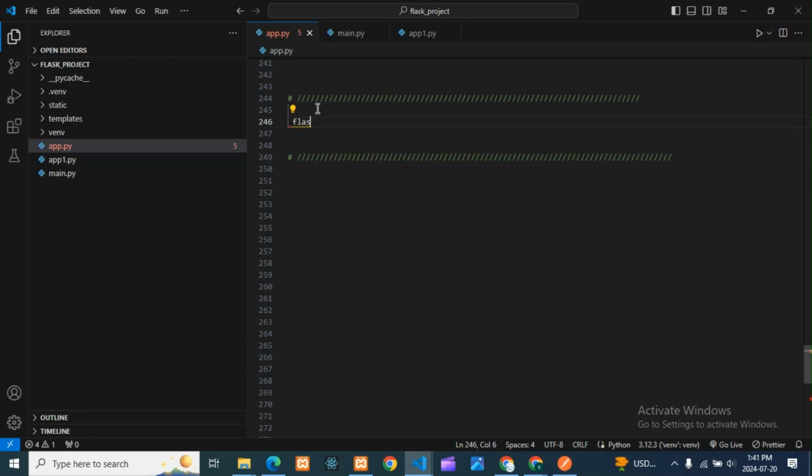So here we will import from flask import Flask, and jsonify, because this is needed for JSON format, which will convert the dictionary data into a JSON format. So what we are doing, guys, is importing Flask first. Okay, here something is wrong. Okay, so this is done, guys, and then next, the main important thing we need to import, guys, is